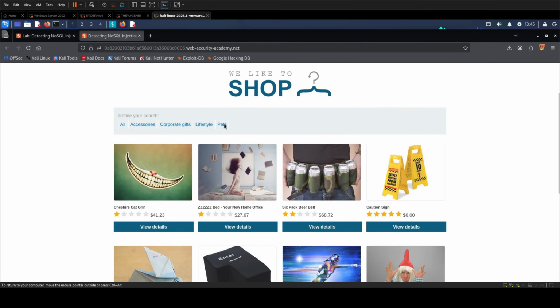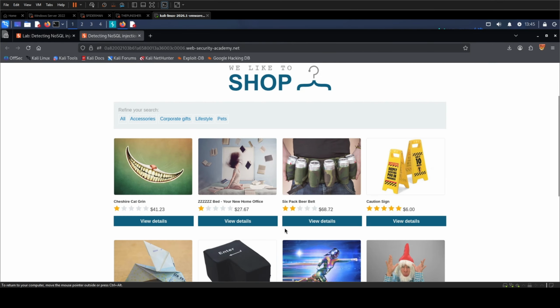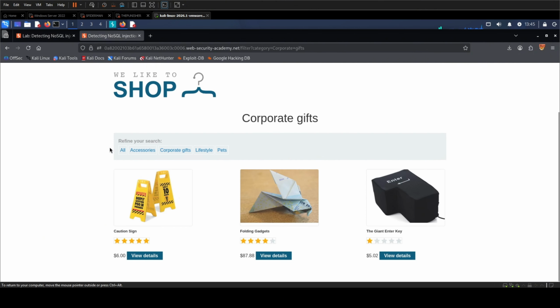And here we go. It's a plain little shop, some products, and across the top a row of category filters. Let me click one. I'll click Gifts. And the page narrows down to just that category, 3 products. So that's our baseline, the normal public view. Hold on to that number 3 because we want it to move later.